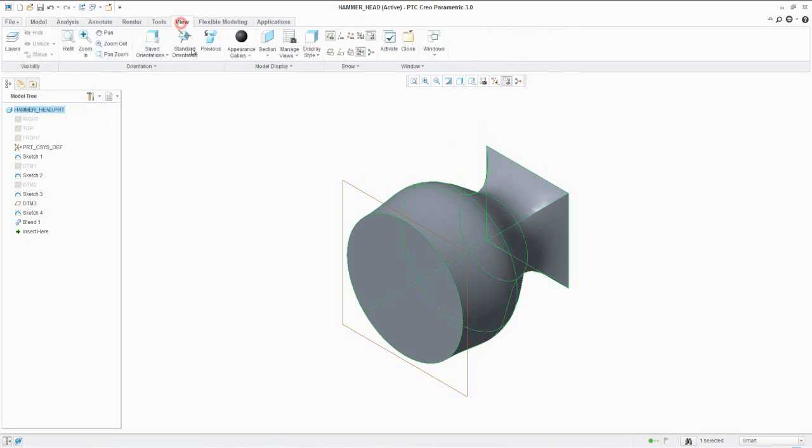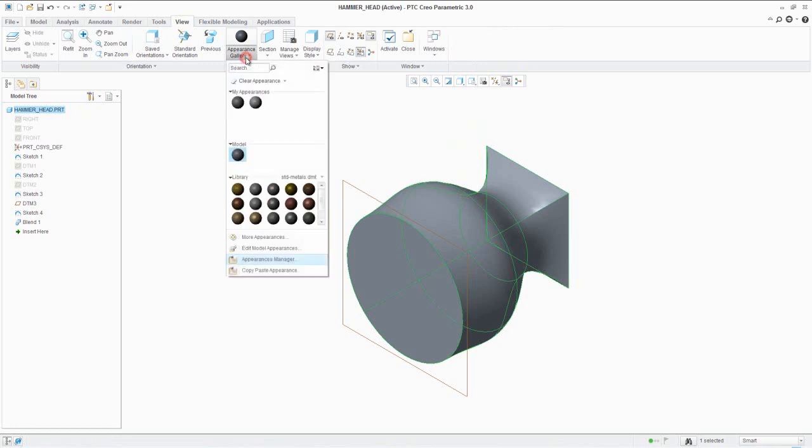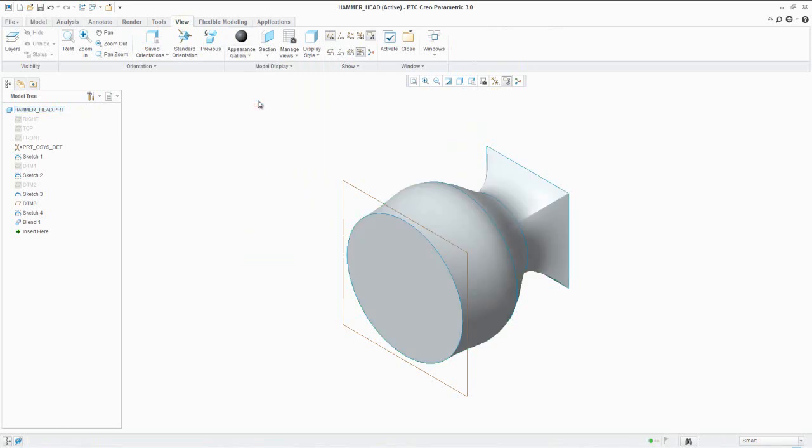Change the part color as per your wish. Hide the visibility of these sketches and datum planes and save the display status.